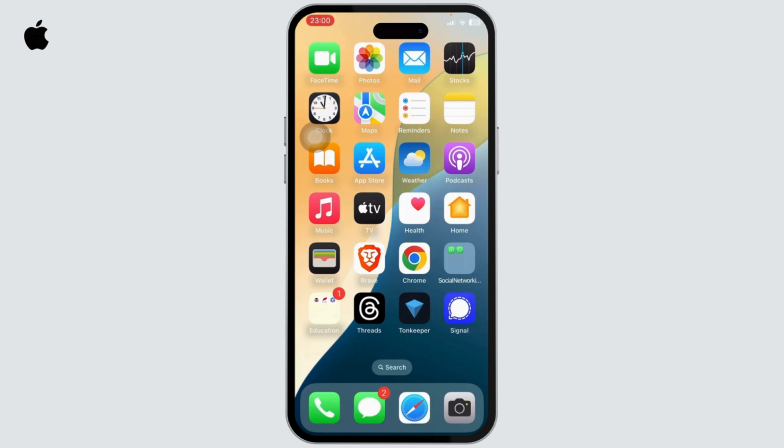In today's video, I'll teach you guys how you can change your iPhone's lock screen or wallpaper every time you